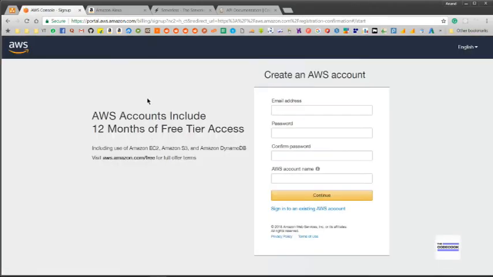Just click create an account and then provide an email ID, a password, and an account name. The account name can be anything. AWS will provide you with 12 months of free tier access. This includes EC2, S3, and DynamoDB. For the most part in our application, we'll be using AWS Lambda, but we can also use DynamoDB and S3